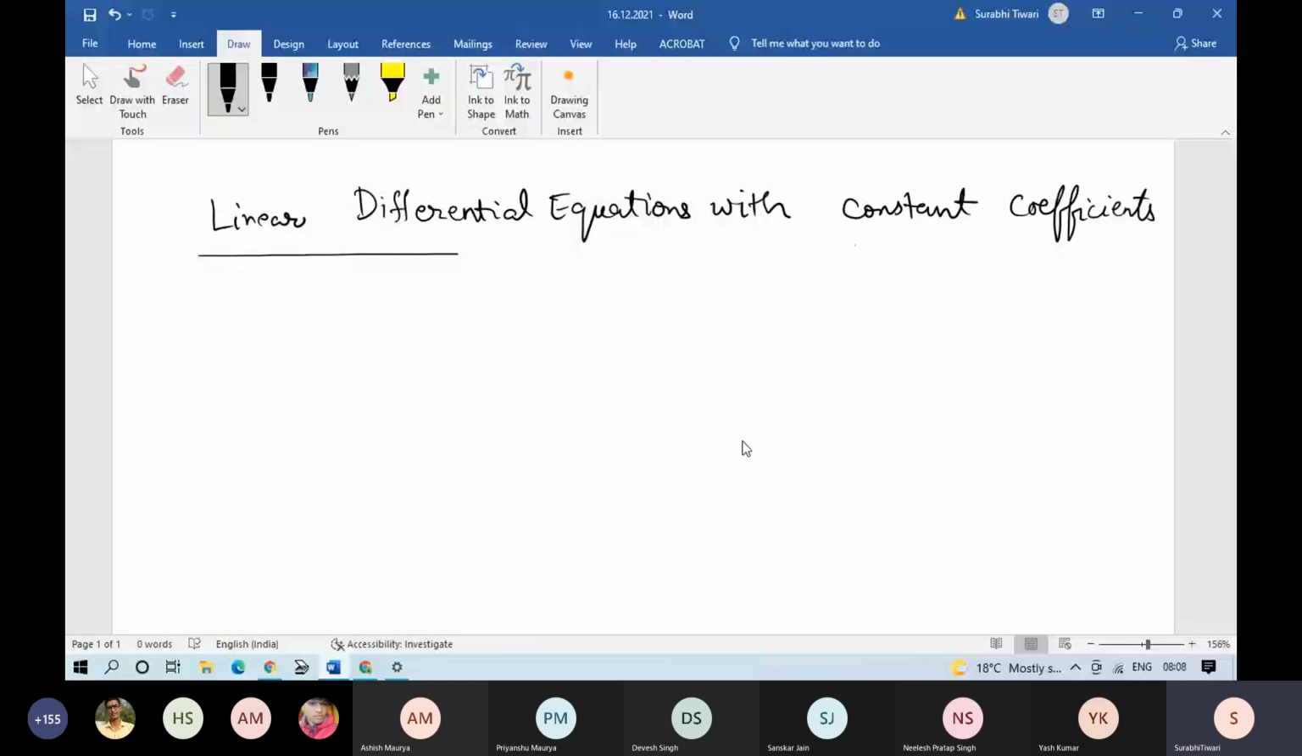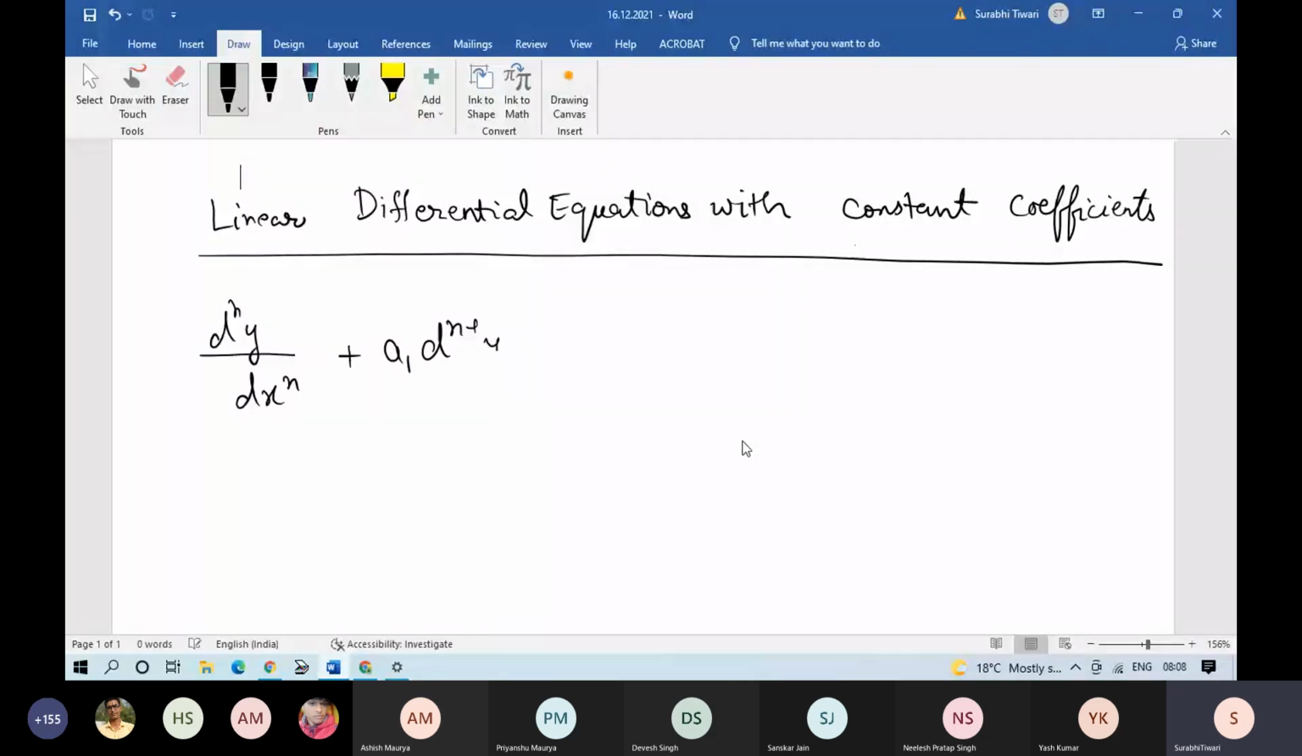Okay. So the equation is of the type d^n y/dx^n + a1 d^(n-1) y/dx^(n-1) + a2 d^(n-2) y/dx^(n-2) + and so on, plus a(n-1)